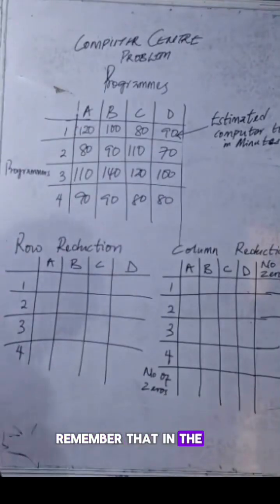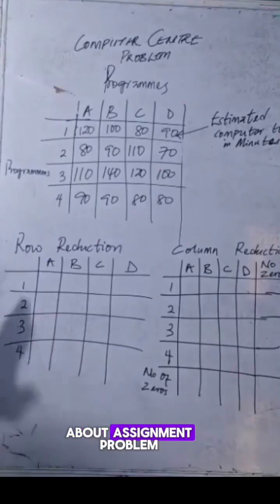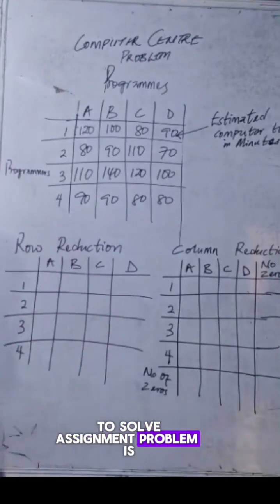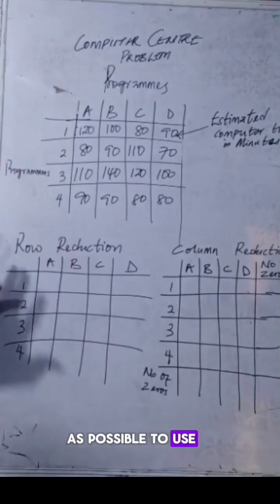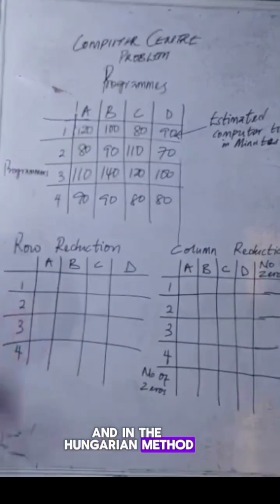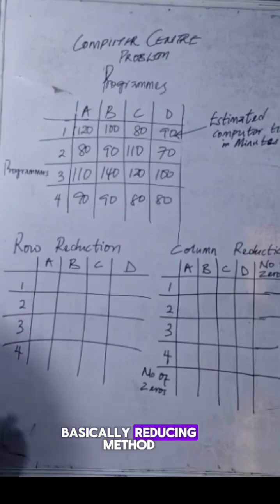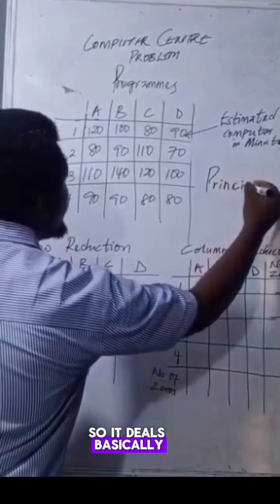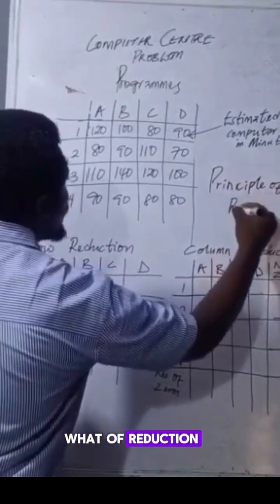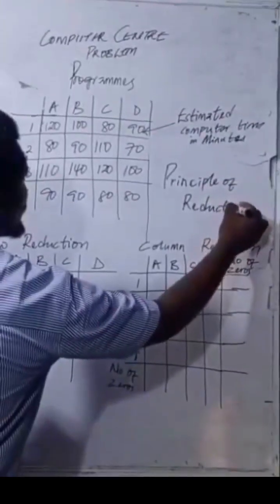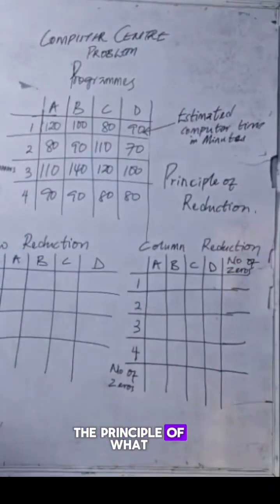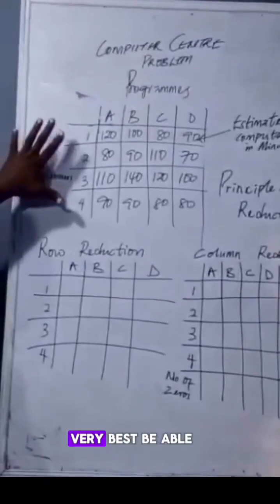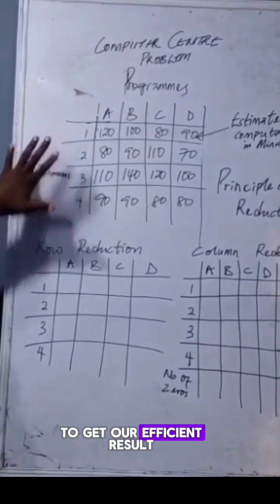Now remember that in the last class, when we were talking about the assignment problem, we said that the best method of solving an assignment problem is to use the Hungarian method. The Hungarian method is basically a reducing method, so it deals with the principle of reduction. So we said that with the Hungarian method we can get our efficient result